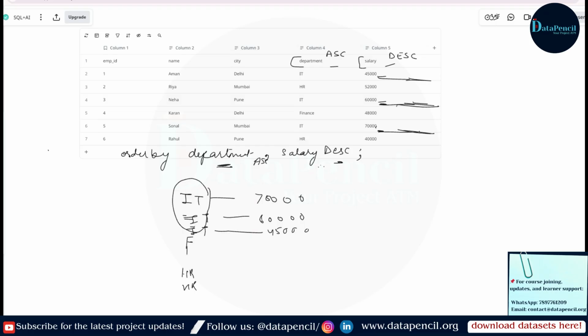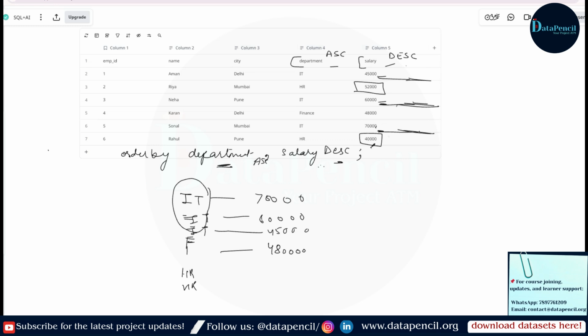Now the IT department is completed. Now it's time to move to the finance department. Finance has only one entry, so it will write 48,000. If there are 2 or 3 entries, then it will be arranged in descending order. Now move to the HR department. In HR we have 52,000 and 40,000, and we have to sort in descending manner.